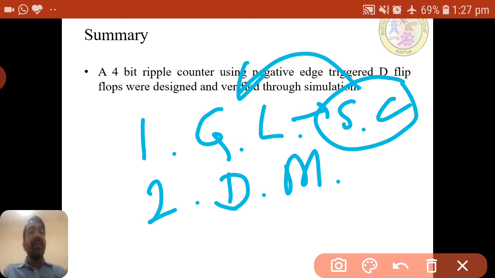As the complexity of the circuit increases, we can't draw the logic circuit with gates if the design is complex, so manually we can't do that. Even if you draw the logic circuit manually, writing the code itself is tough, because however many gates there are, that many statements we need to write. It is difficult to write and also difficult to analyze.